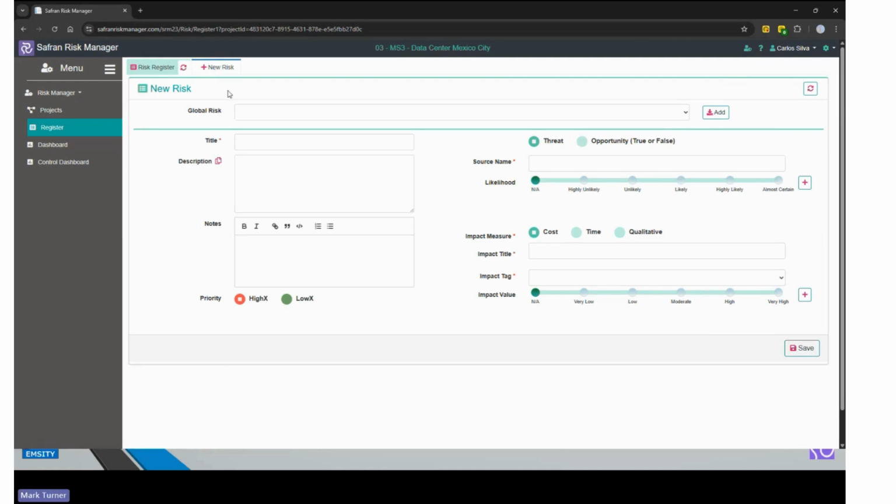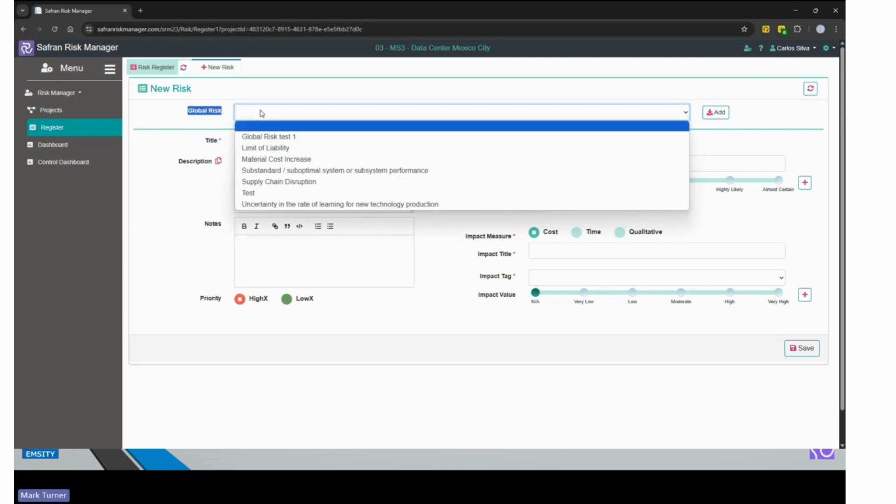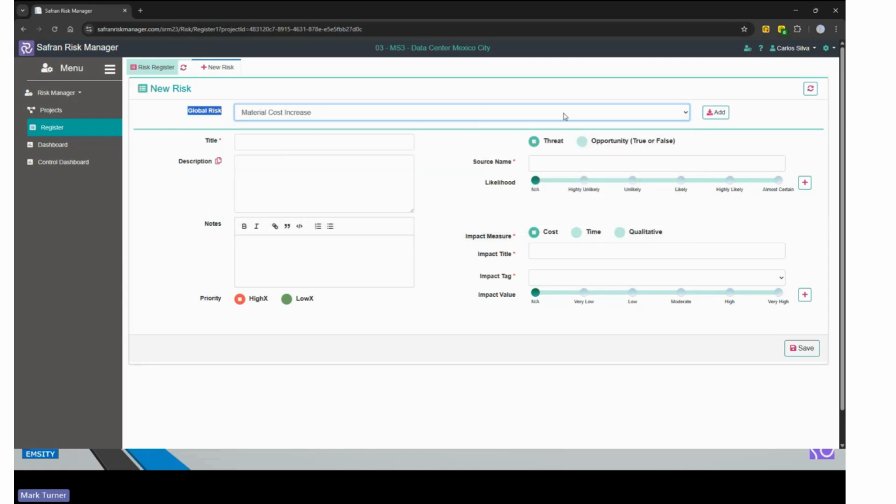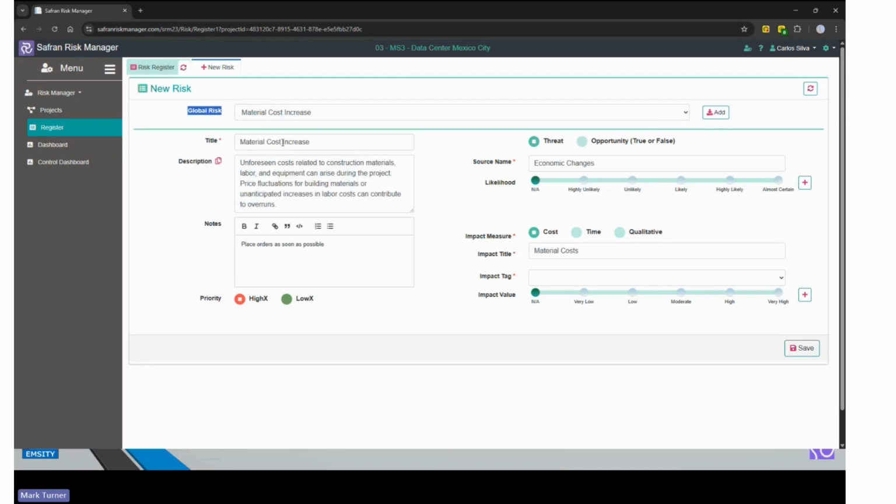And from here, I've got two choices. My first choice is I can use the library of existing risks, which has been curated by administration, to add a new risk. So I've got here the global risk library, and from this I can add an existing risk. So I can add that, and it then pre-populates all the information that I would need to add a new material cost increase risk to my project, with the exception of the likelihood of occurrence and the impact should it occur. Because quite simply, it's almost impossible for a library to understand the context within which individual projects exist.